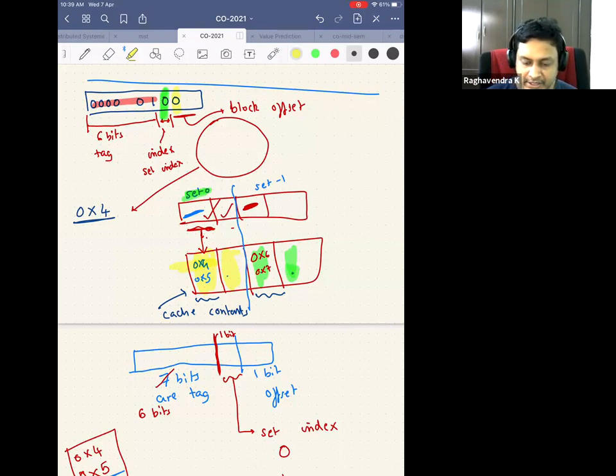Even though this is a hash function, I'm not using any complicated mechanism. I'm just using one bit, or a few bits, to decide which particular set to go to. You can come up with better hash functions such that collisions are reduced, but if the function itself is a computing headache and takes some cycles, I don't want that, because I want it as fast as possible.